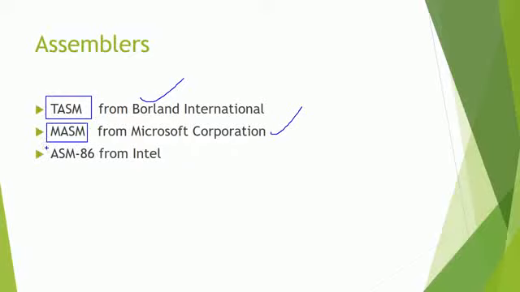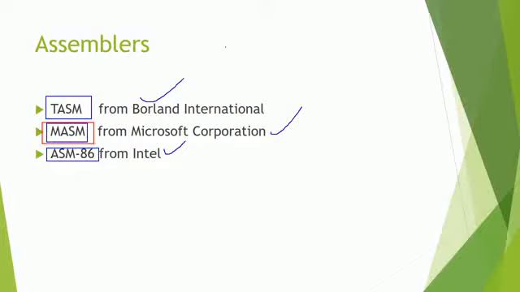We are seeing only a few. So one more assembler is there, which is the Assembler 86 developed by Intel. So these are the 3 different types of assemblers. Means more than these 3, we are having different types of assemblers. But as per our textbook, we are simply going through some list of assemblers which are there in the market. Okay, so out of these 3, we are focusing on the MASM.